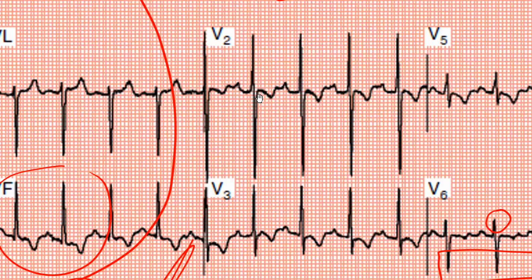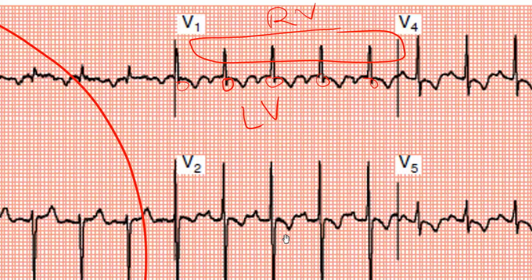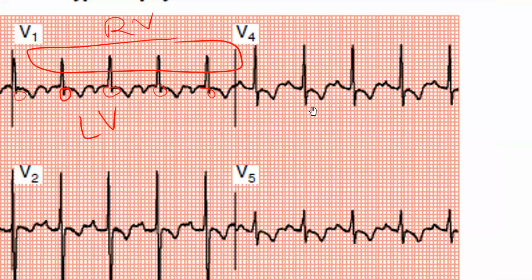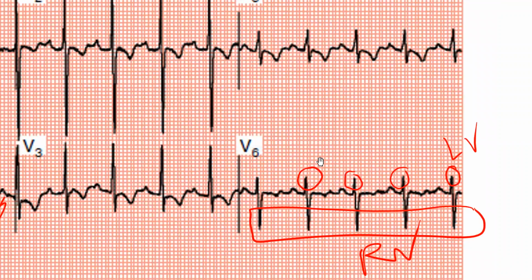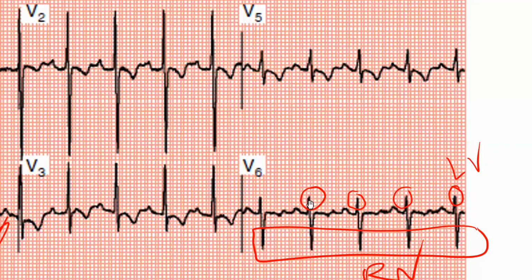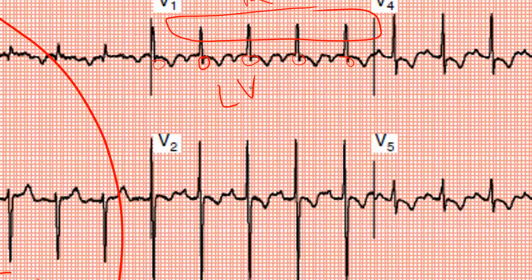After the QRS complex, the T waves are inverted. Again T wave, see here, V3. There is inversion of T waves. Here V1 inversion of T waves, V4 inversion of T wave, V5 inversion of T wave, V6 has almost become normal. If there was a lateral wall MI, then V5, V6 should have predominantly T wave inversion, not V1 and V2. Okay.